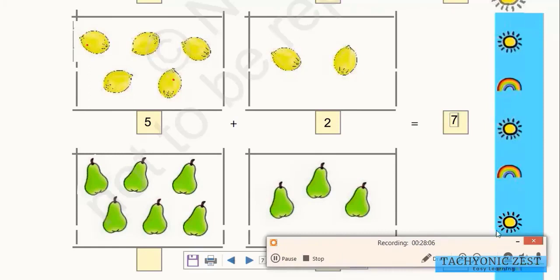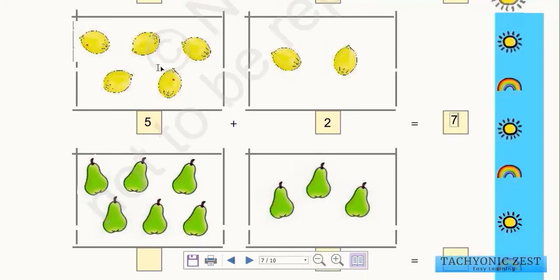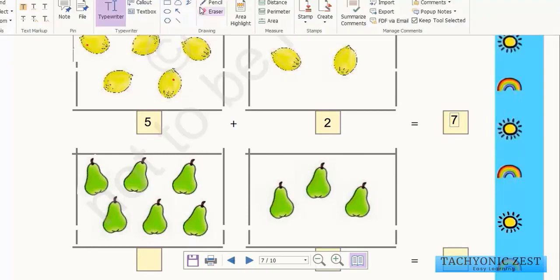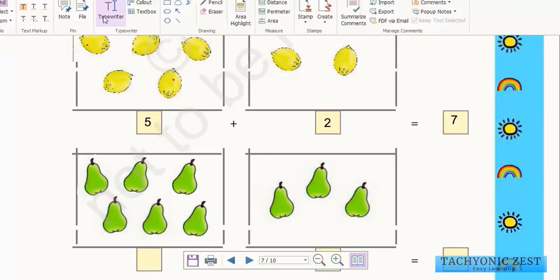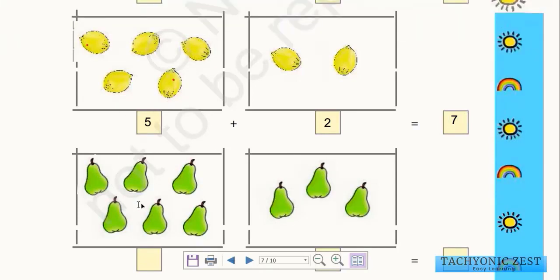Let us see the next question. So in this question there are few guavas. So how many guavas are there at first? Then we are adding a few more guavas. So what is the total number of guavas that we get? So at first we will count the total number of guavas we had. So if we count at first 1, 2, 3, 4, 5, 6. So at first we had